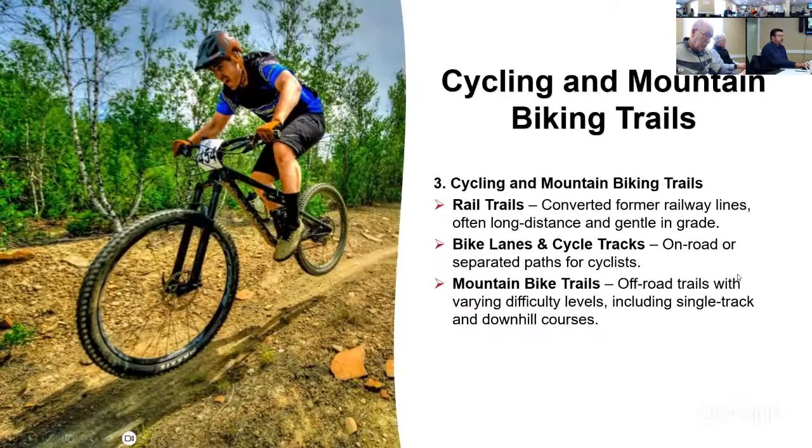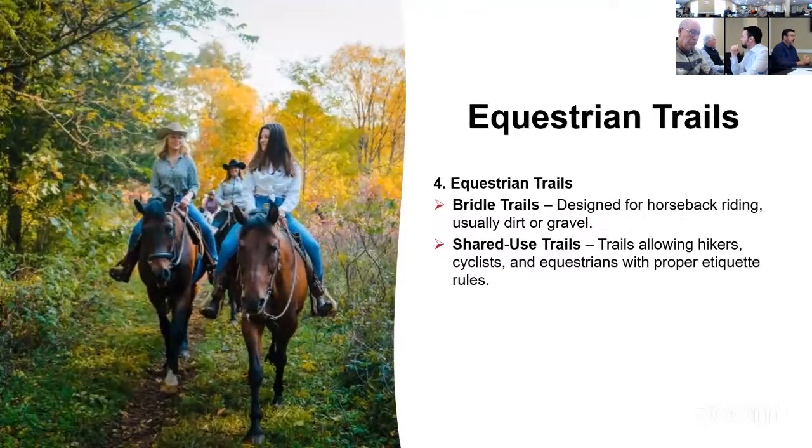Cycling trails, again, variety of that type. Some of them are along the railway line and don't have a lot of grade, and some within the city or in any community, really, a bike lane with the road. And the one in the picture here is off-road. That's the one in Minto, the BMX bike trail in Minto. So various types of cycling trails.